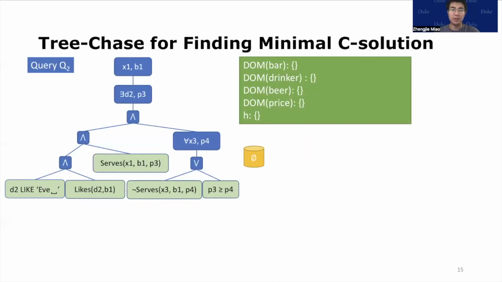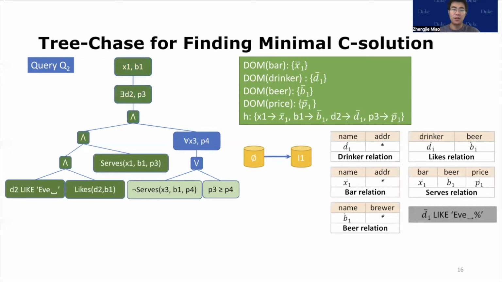Here, I will briefly illustrate an example of how our chase procedure runs. A detailed description of the algorithm can be found in our paper. Given the query Q2, we start from an empty label nonce and an empty instance. If there's no universal quantification or disjunction encountered during the traverse, it is trivial to create a label nonce for each domain, enumerate mappings from query variables to label nonce, and add leaf atoms to the instance under the mapping.